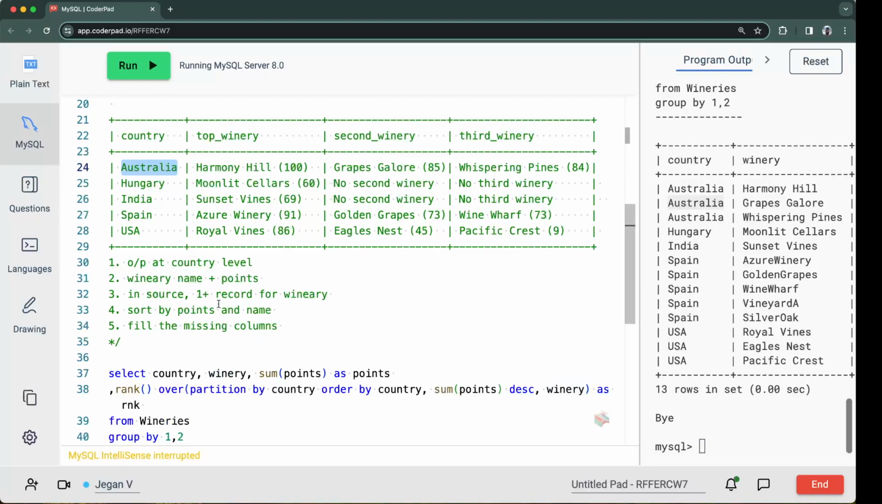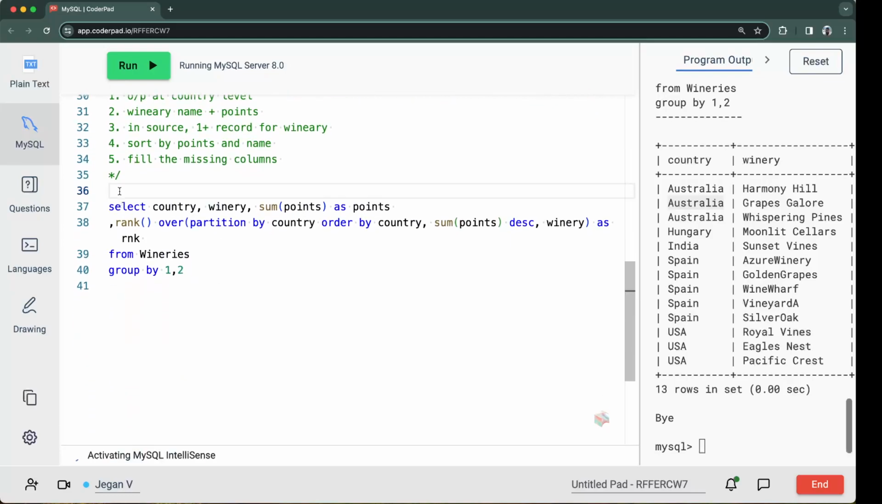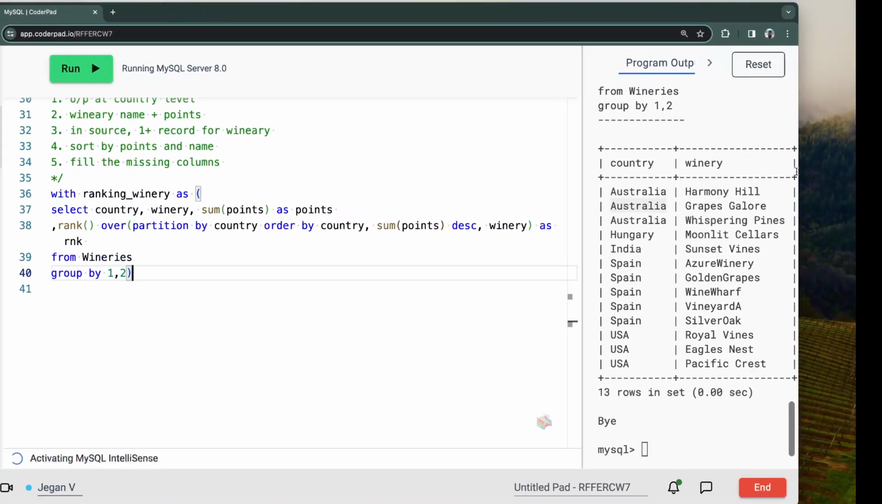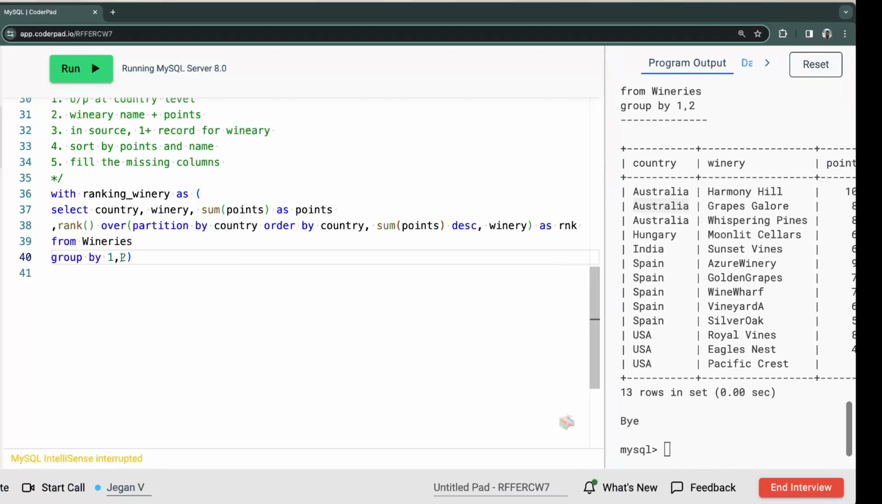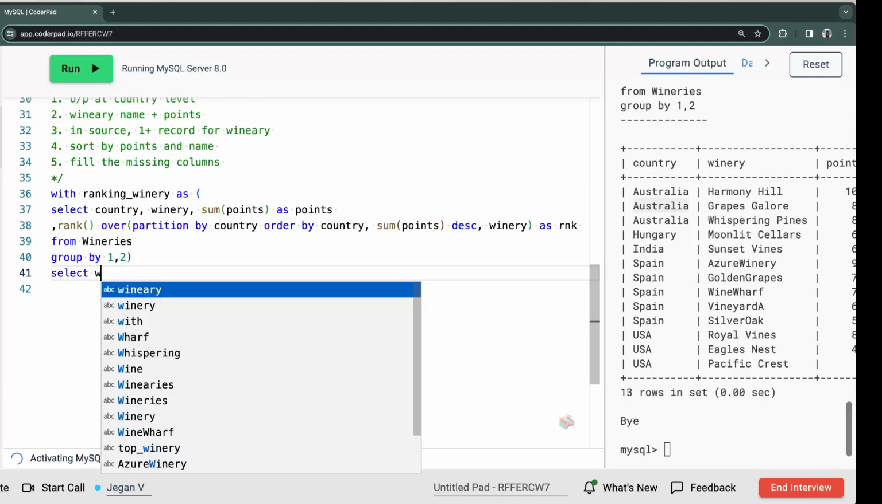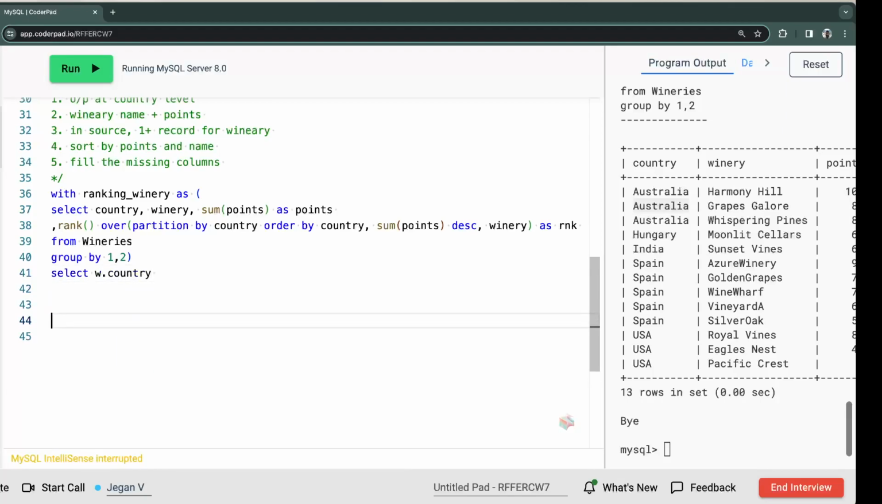How to bring these rows to a column? We can just say with ranking winery as, we are creating this as a CTE table. We can move it a bit so we get some space here. Okay. So we are using this as a CTE table. We are going to do a trick. So based on every country from ranking wineries, right, we just say